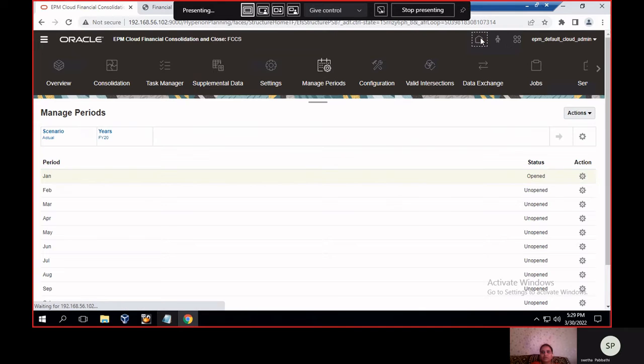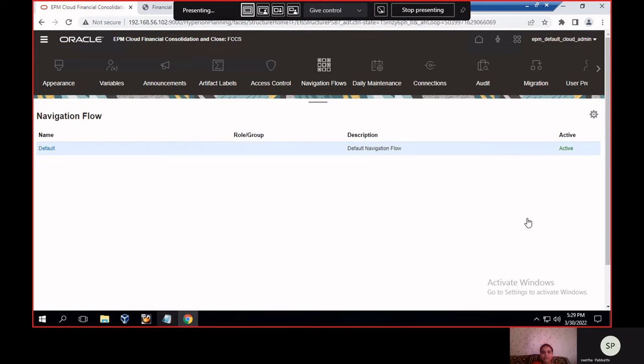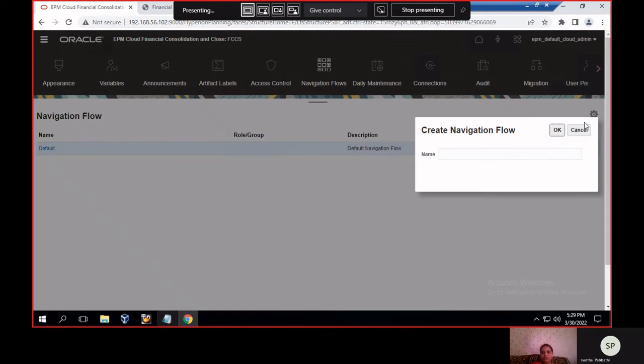So I'm going to the application. Click on the home page. Under the tools cluster, we have the navigation flow. Click on the navigation flow. There I'm going to create a copy. So I'm giving the name